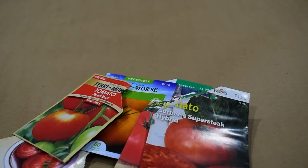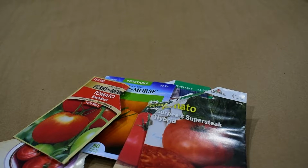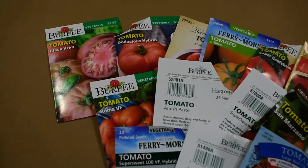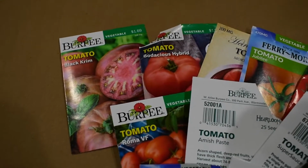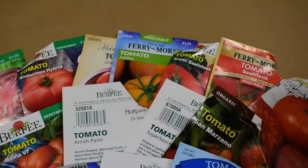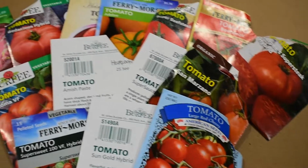So I'm going to lay these out a little bit nicer so you can see them one more time, and then I will show you what else we're also working on getting planted. So here's one last look at the tomato varieties that will be growing this year. I picked these out either because I've heard really good things about them online, so they sound really promising for our area, or I've grown them before, so they're tried and true varieties and I know they do well,